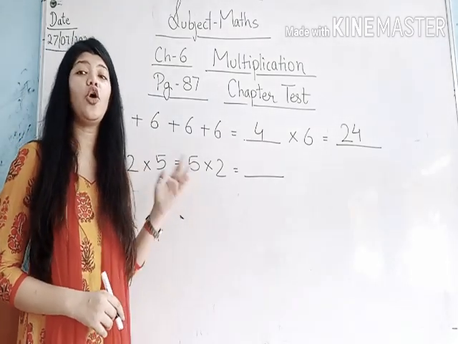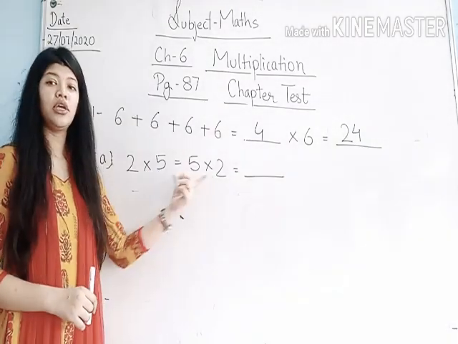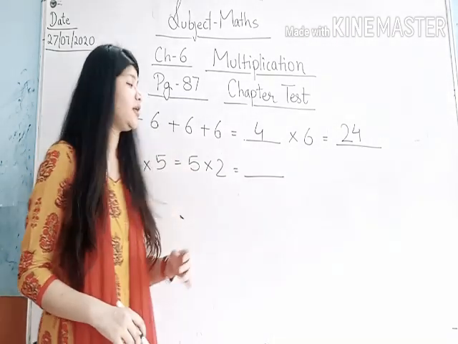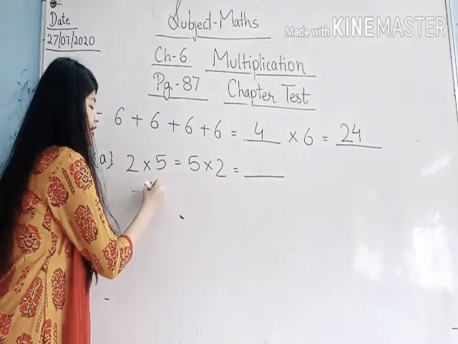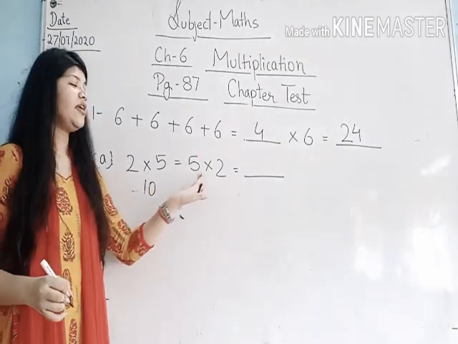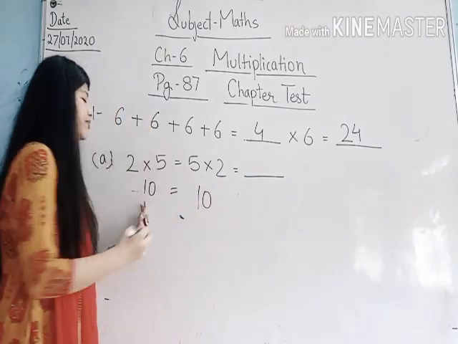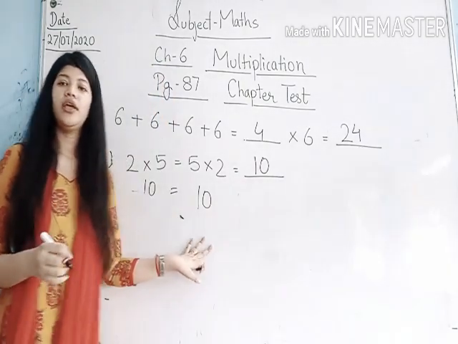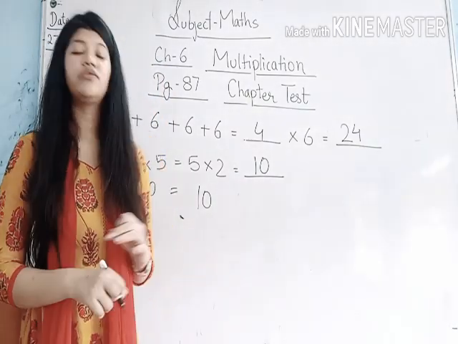Which property? Order property. Yes, the factors have been changed, but the product which we will find will be the same. So 2 5s are 10. Yes, and 5 2s are, this is also 10. So this is the same, 10, 10. So the answer will be 10. Clear? Okay, now let's come to the second one, that is 4